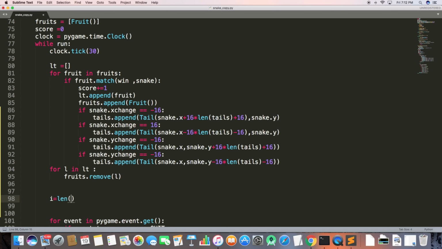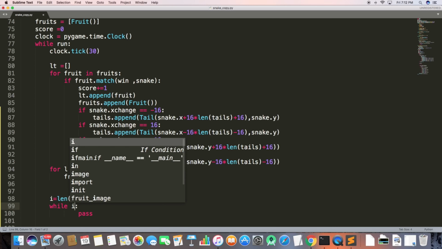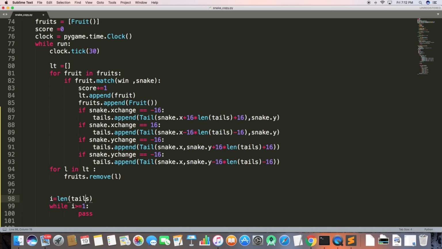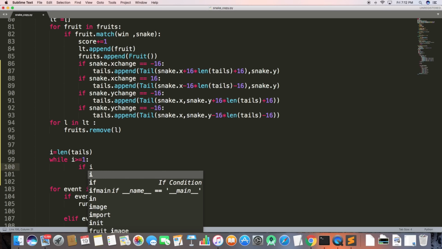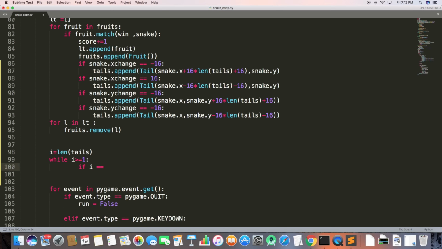So as you can see, I have defined the length of my tail. So this actually helped me run the loop. So I'll have a while, let's say i greater than 0, I guess 1, and I will be having an if condition here, that if i is equal to 1, then